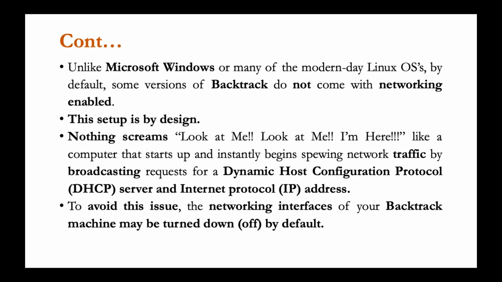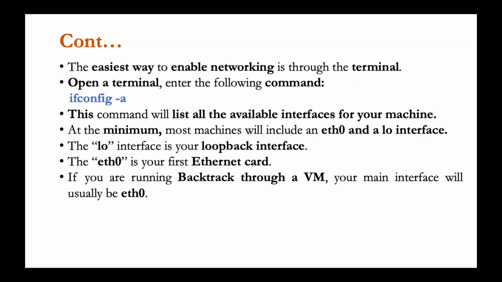So the easiest way to enable networking is through the terminal. So open a terminal window by clicking on the terminal icon, or by using your keyboard shortcut, Control Alt T. Once the terminal is open, you can enter the command to check the IP addresses by giving this command at the Backtrack prompt, root at backtrack, then you start giving this command: ifconfig